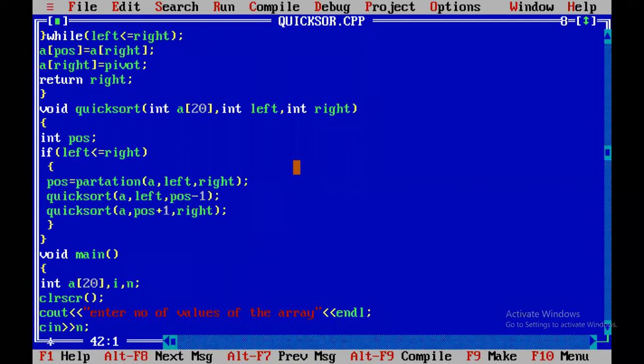After that, there is some small theory concept: what is an algorithm, what are the characteristics of an algorithm, what is time complexity, and what is space complexity. There is one small theory concept. By discussing that theory concept, this unit will be completed by tomorrow.